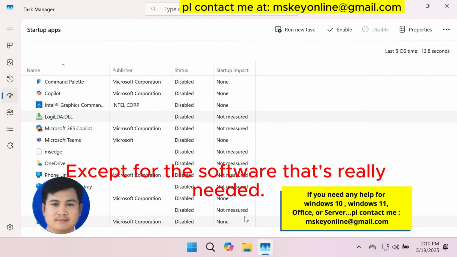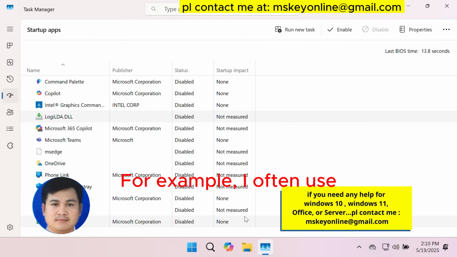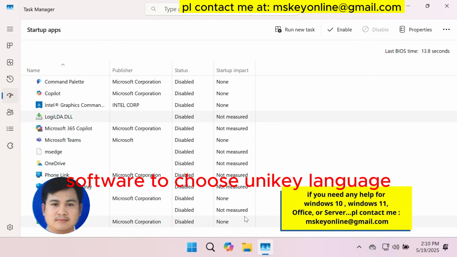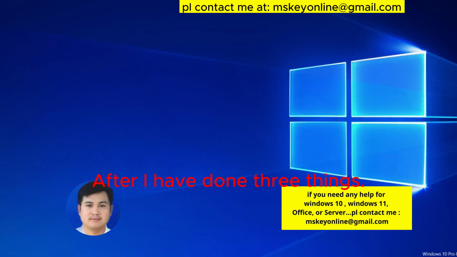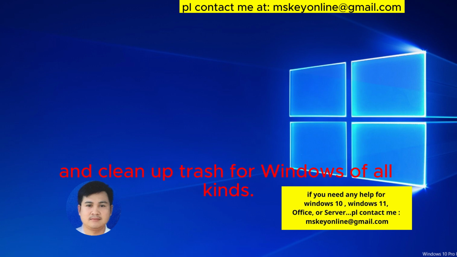Except for the software that's really needed. For example, I often use a software to choose the input language. I'll let it start with Win because it's so light, it doesn't affect anything. The rest I turn off. After I have done 3 things, garbage cleaning for the system and cleaning up trash for Windows of all kinds,